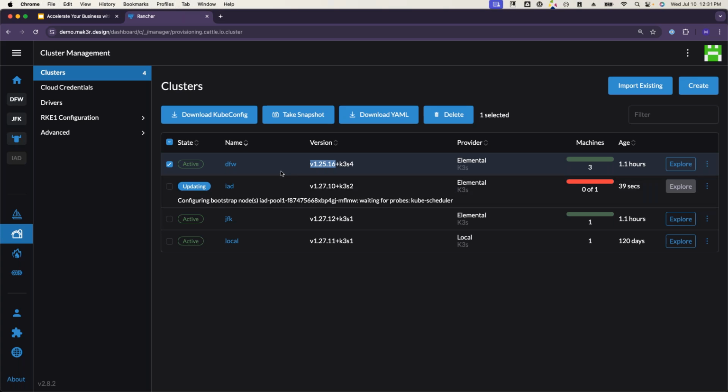We could, through this system, remotely update the DFW Kubernetes version, and we could do that in even an infrastructure as code manner by actually setting it up in a Git repo and letting the automation handle that change. We're not going to do that today, but that is